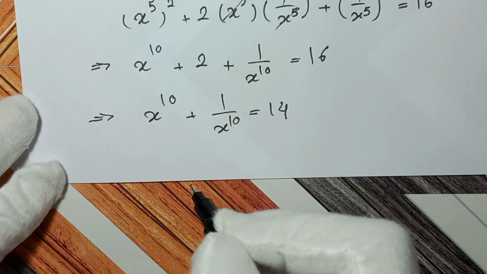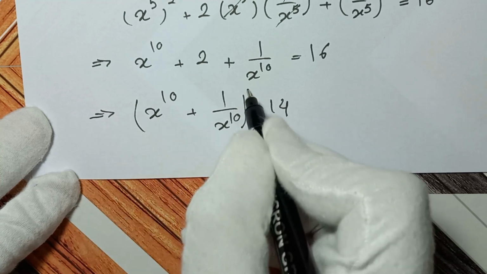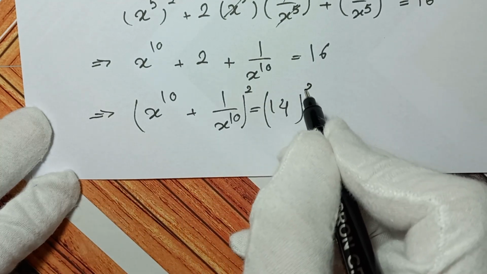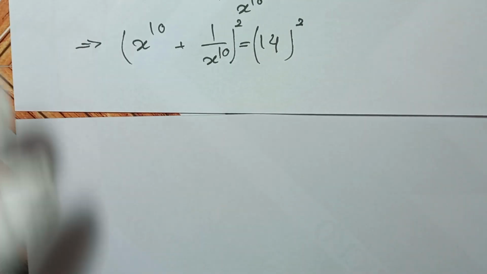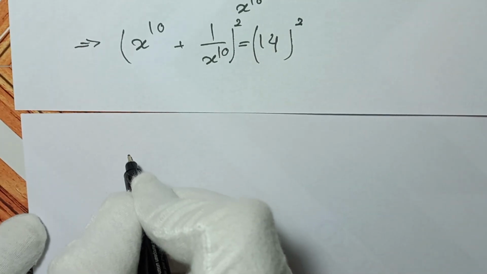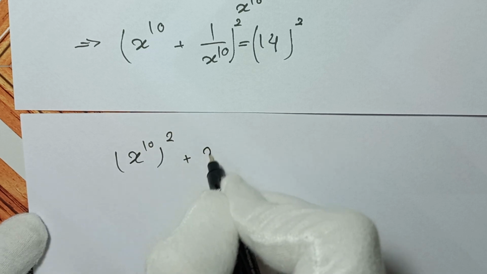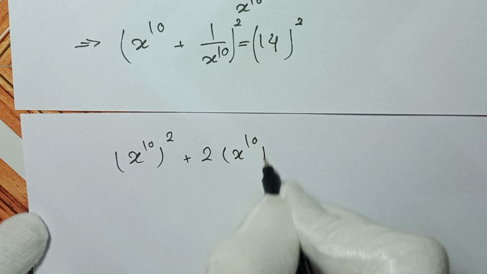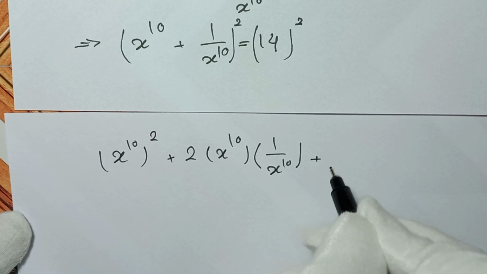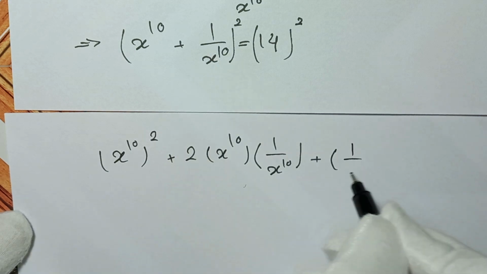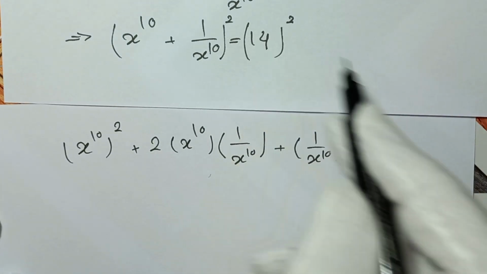And next step, again, we raise both sides of this equation to the power of 2. So this to the power of 2 and this to the power of 2. So it will be x to the power of 10 to the power of 2, plus 2 times x to the power of 10 times 1 over x to the power of 10, and plus 1 over x to the power of 10 to the power of 2 equals 14 to the power of 2, it will be